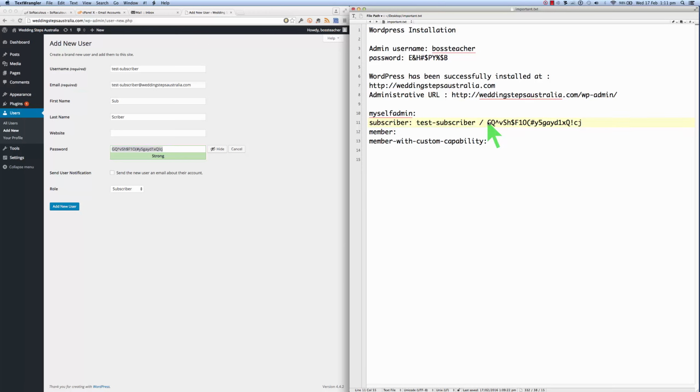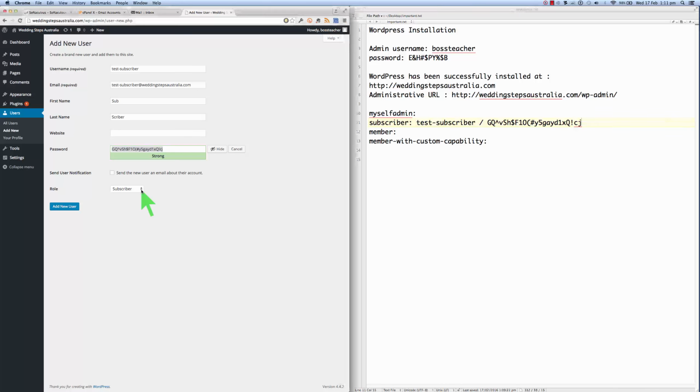Now that's going to be painful whenever I'm logging in and logging out, and it doesn't need to be this strong because I'm going to delete this user later on. So I could just make a really easy to remember password here if I wanted to, just for the purposes of testing, but I'm just going to leave this here. We don't want to send the new user an email account. And what is the